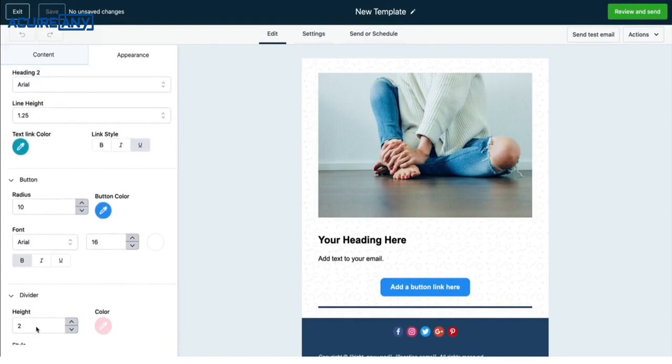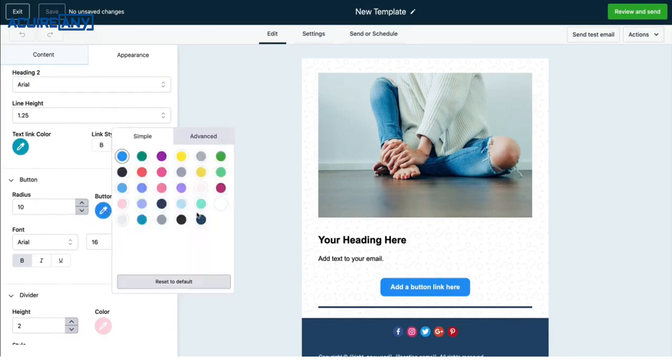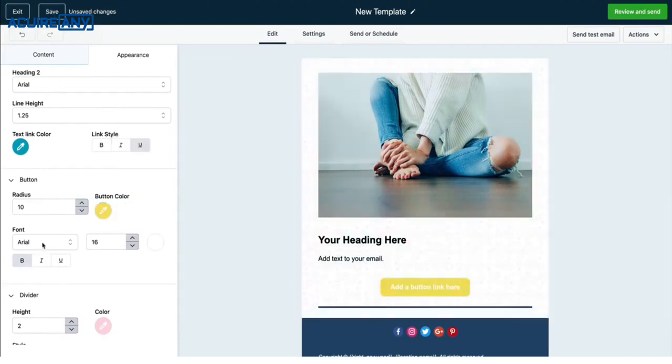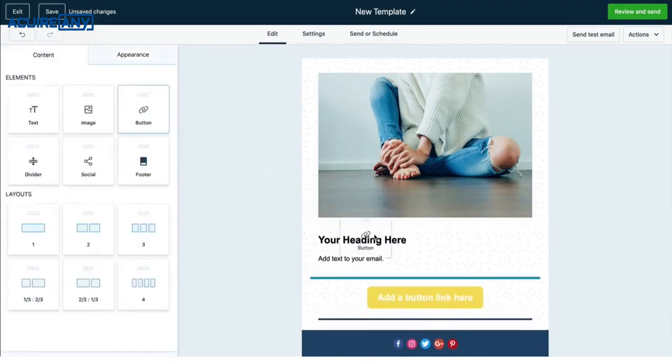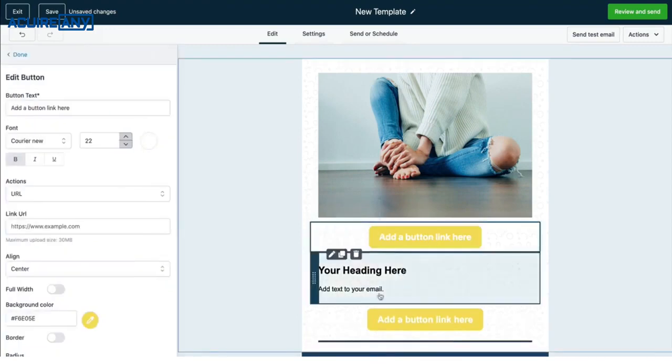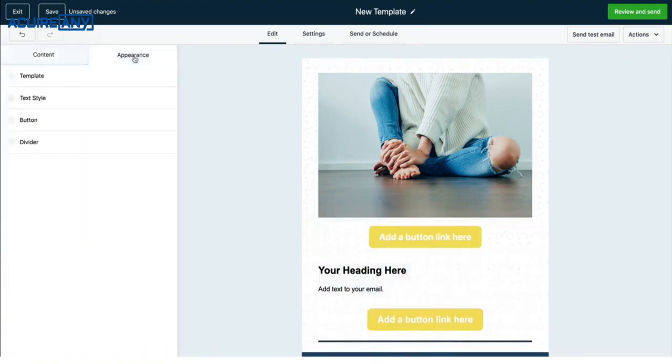So if you know you're going to add multiple buttons to an email, you should probably come to the Appearance tab and set them up first. Because when you set them here, for example, let's say we want our buttons to be yellow with Courier font, size 22, well then anywhere in my email where I add a button will take those style settings. So again, the Appearance tab is a great way to pre-configure global settings for within the specific email if you know you're going to add multiple